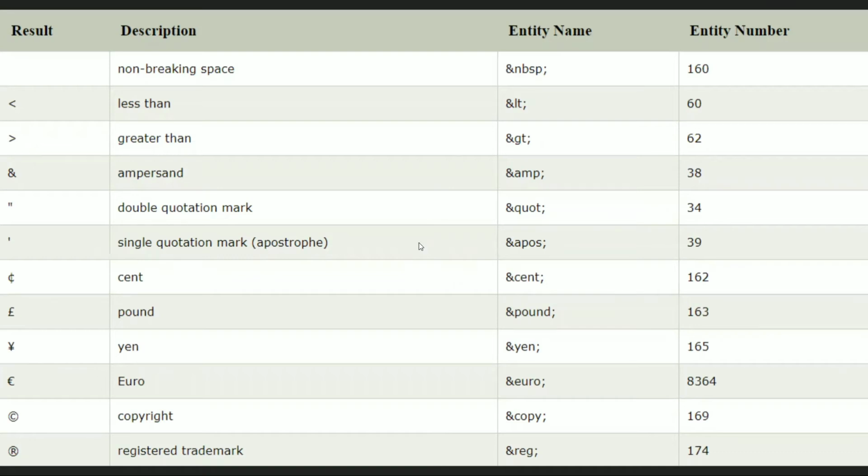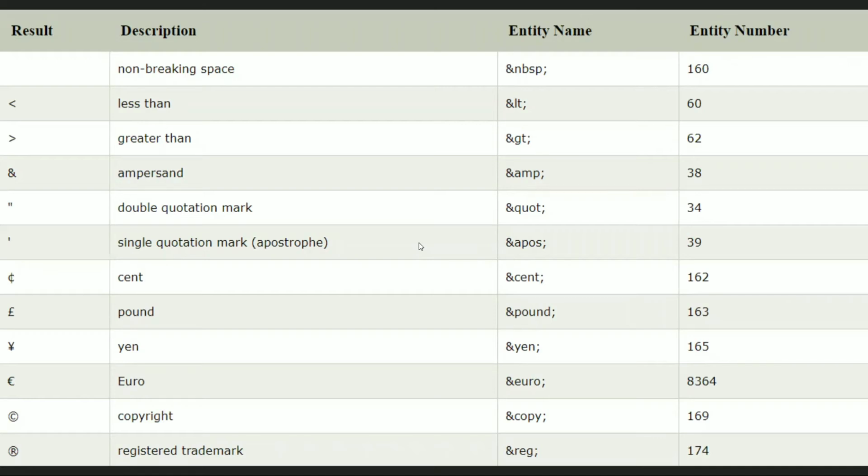NBSP is the entity name, and you have to use it in between the ampersand and semicolon. Like that, there are less than, greater than, ampersand, double quotation mark, single quotation mark, cent, pound, and so on. There are several entities in HTML, and here is a small list of them, so you can also note it down.